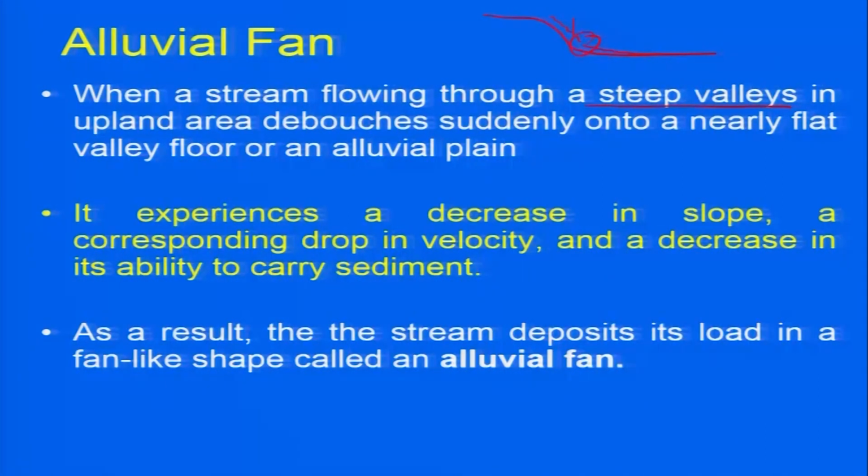So, if there is like a cloud burst or a sudden outpour of the water in such regions, then this portion becomes very dangerous or hazardous, because as soon as the slope changes from steeper to gentler,